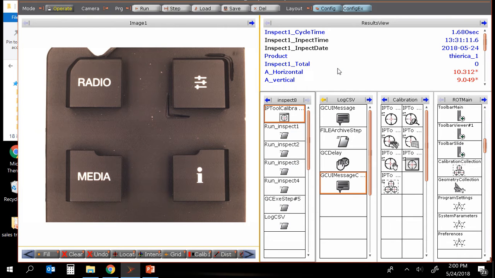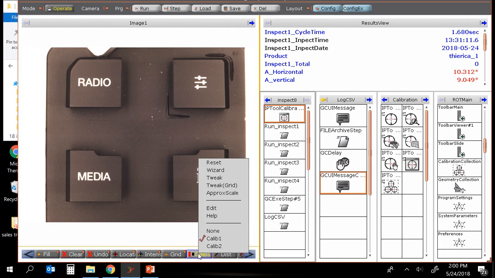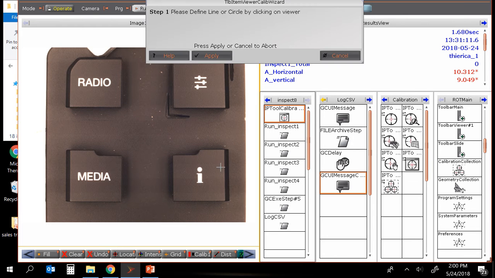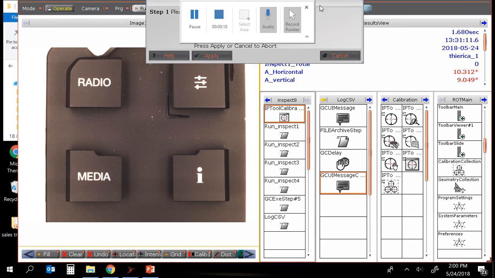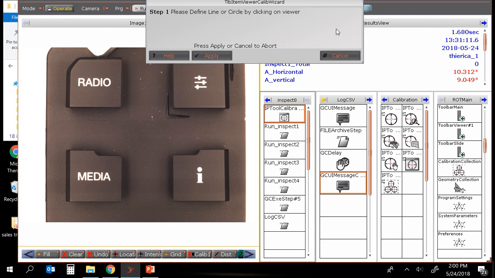This video is to describe how to do calibration, and it's pretty much a three-step process. The first step is going in, right-clicking on the calibrate button and clicking the wizard. And when you click the wizard, what happens is it tells you what